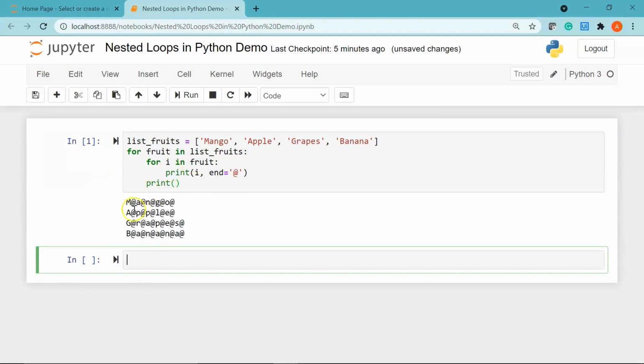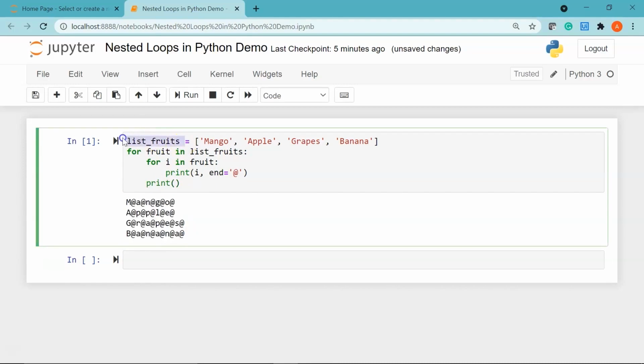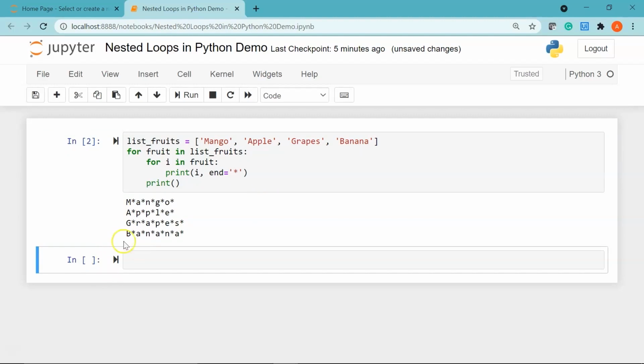So here you can see we have printed the different items that were present in my list, which was list underscore fruits, and for each item the letters in the item have been separated by the @ sign, you can see here. Alright, if you want you can change this symbol to, let's say, star. If I print it, you can see the difference in the result.